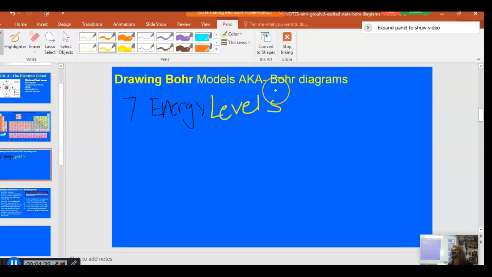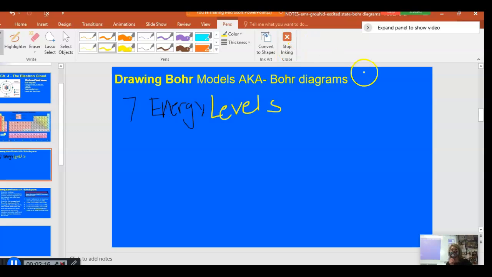So there are 7 energy levels outside of the electron cloud. Okay. I'm going to show you pictures of what the cloud actually looks like, and then we're going to break down how it's actually organized. But there's a little bit you have to understand before we can jump into making these Bohr diagrams. There are 7 energy levels in the electron cloud, and they go from close to the nucleus all the way out. So number 1 is closest to the nucleus, number 2 is a little further away, so on and so forth. Our Bohr models